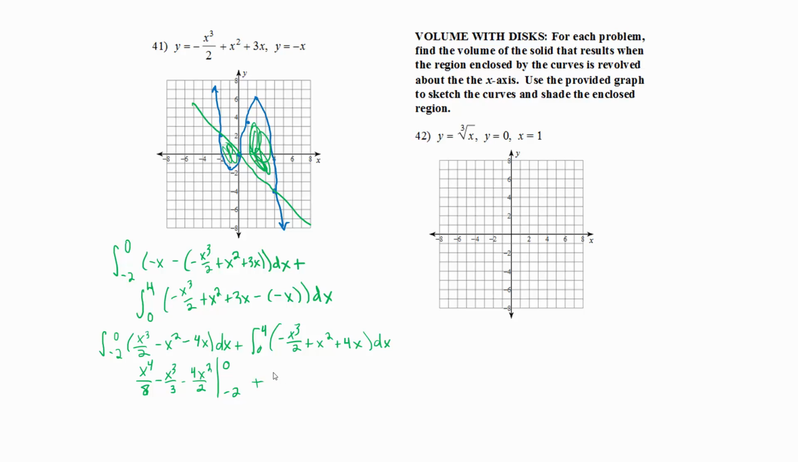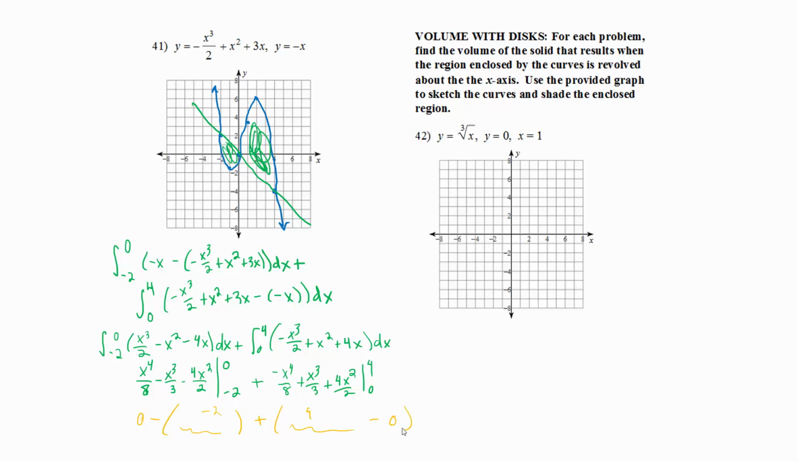And then -x to the 4th over 8 plus x cubed over 3 plus 4x squared over 2. I'm going to plug in 4 and 0. Now when you plug these in, because of the zeros we've got, that actually makes it easier. So you'll have 0 minus, and then you'll have what you get when you plug in -2. Plus, you'll plug in 4,